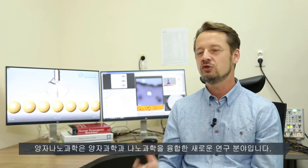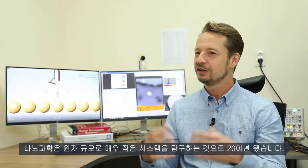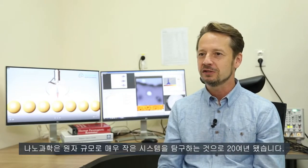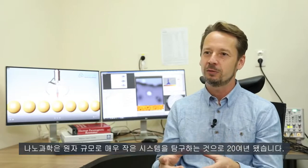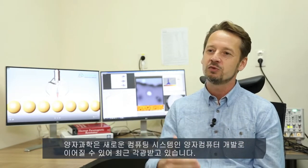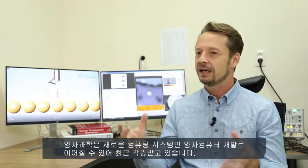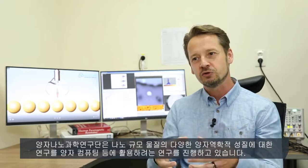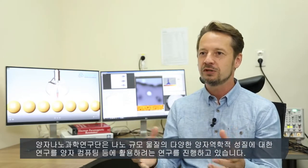Quantum nanoscience is a new research field that combines quantum science and nanoscience. Nanoscience has been around for about 20 years and explores the properties of very small systems going down to the atomic scale. Quantum science nowadays is extremely important because we're striving to achieve quantum computation, a new way to do computation. And quantum nanoscience combines those two together and tries to do quantum computation and other quantum properties of materials